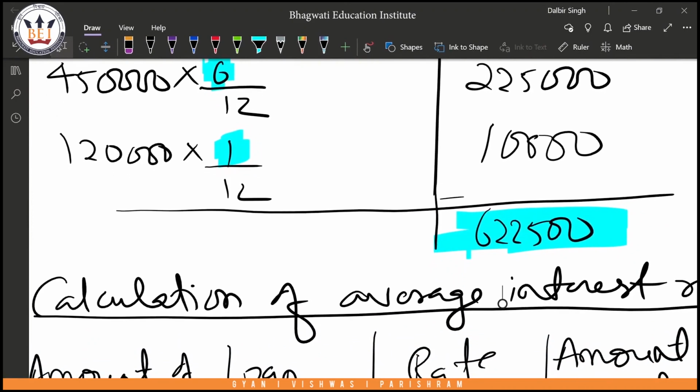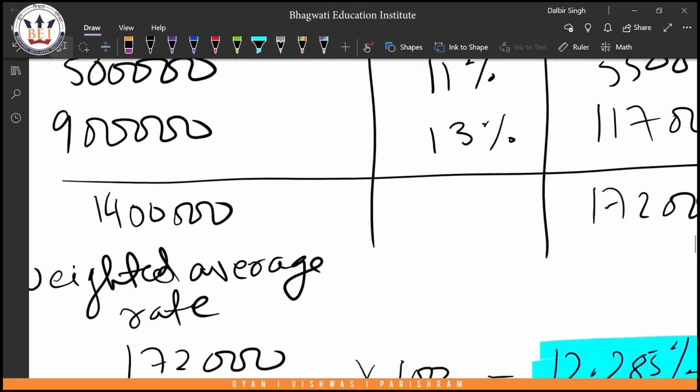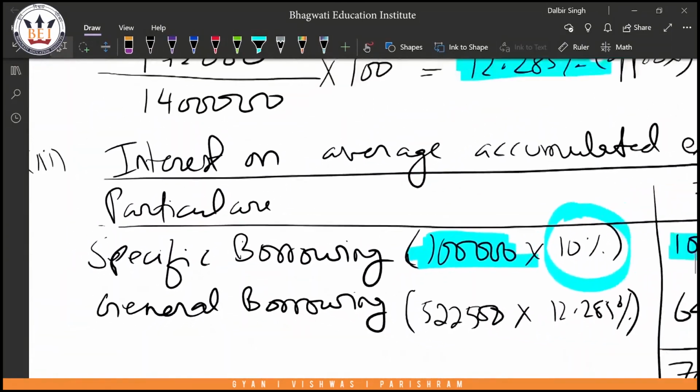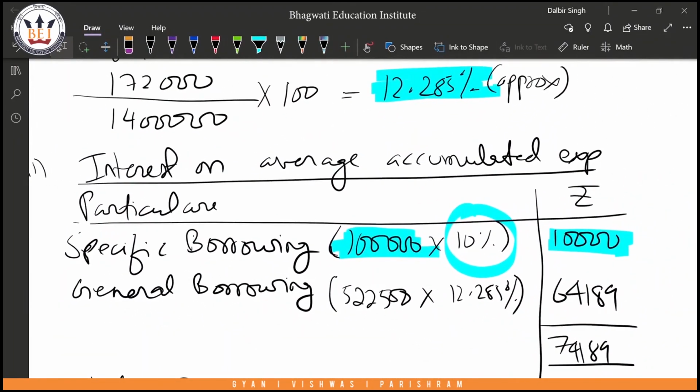we have included the specific borrowing. That is why, if you go down here, you are doing 1 lakh into 10%. Then what are you doing here? You're taking 6 lakhs 22,500 minus the 1 lakh of special loan. That is how you get 5 lakh 22,500. On that 5 lakh 22,500, you are finding the average. As I said,